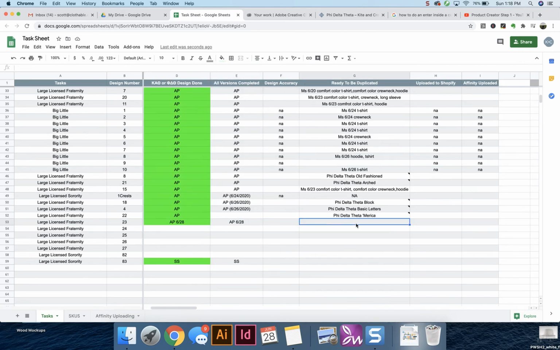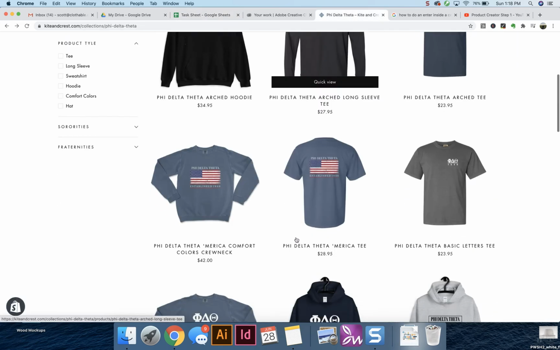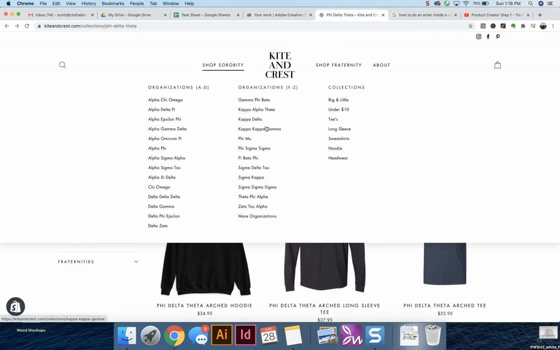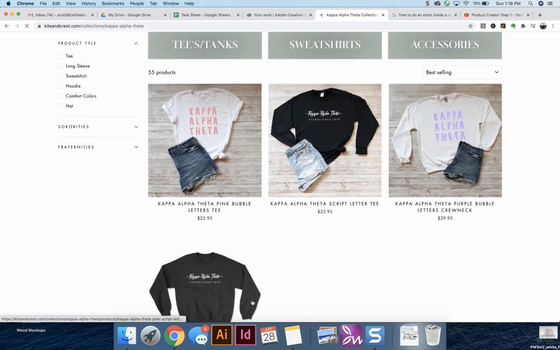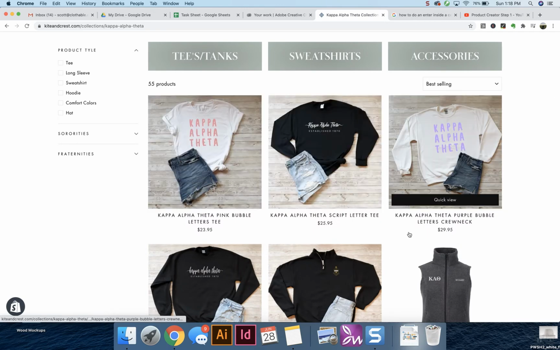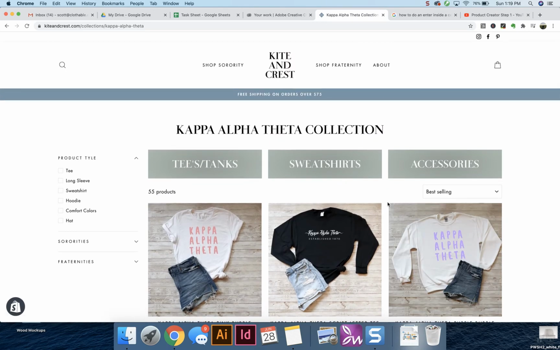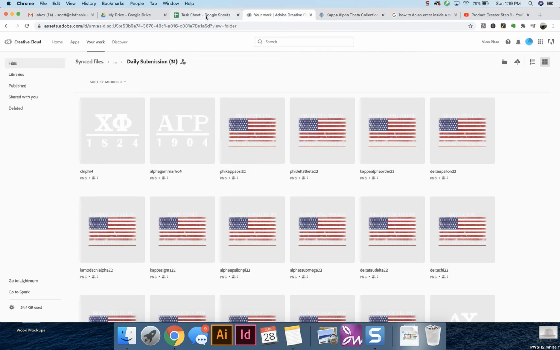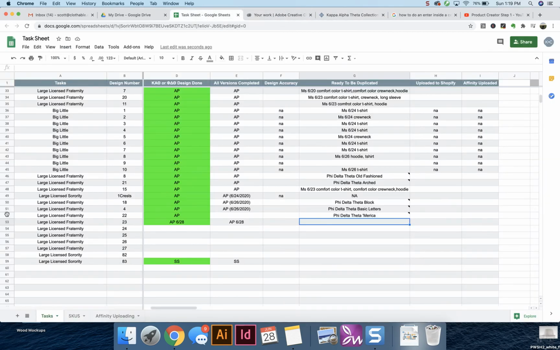What we will do is we will come in here and we will put on a product. So we're going to put it on the Phi Delta Theta collection or page, or we're going to put it on the Kappa Alpha Theta page, okay? So what we'll do is we'll create a single product on Kappa Alpha Theta or Phi Delta Theta, depending if it's a fraternity or a sorority, where we will kind of set the groundwork. So as you can see on this design 22, right, that he's still working on, we went ahead and said